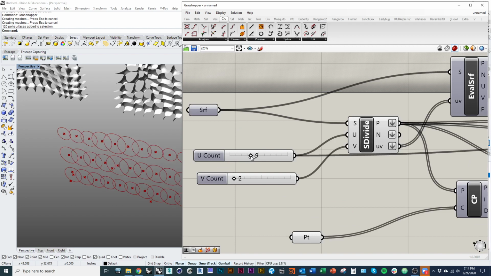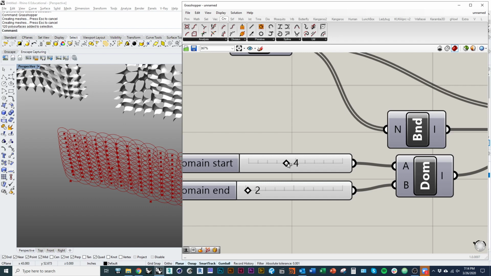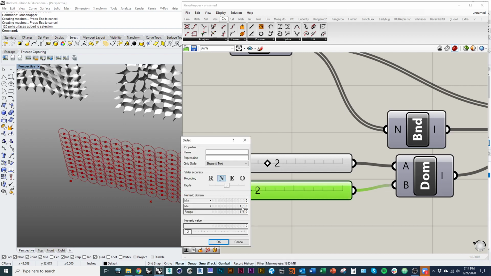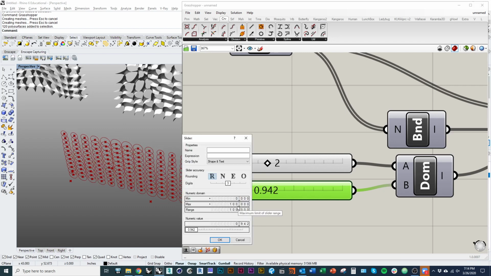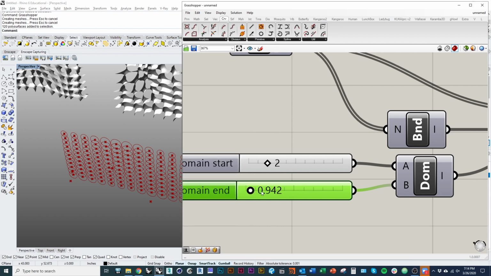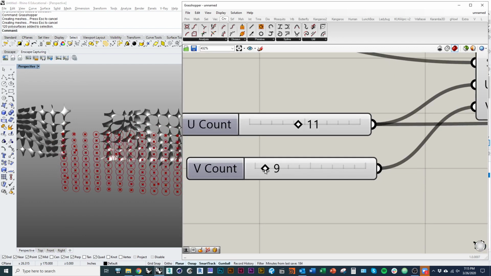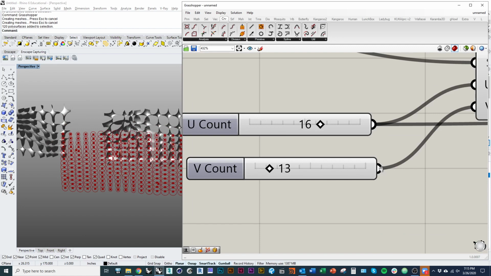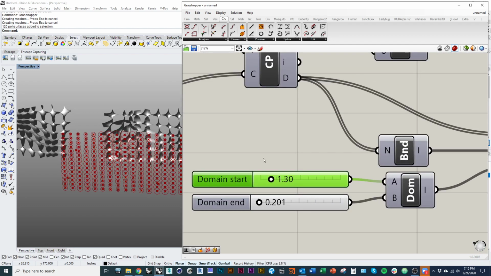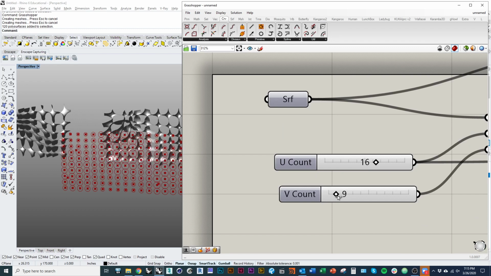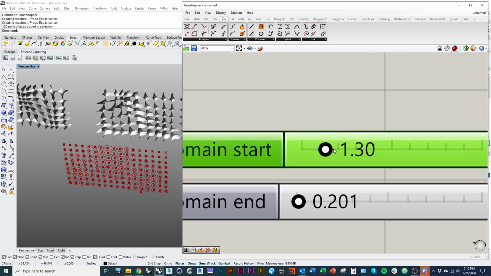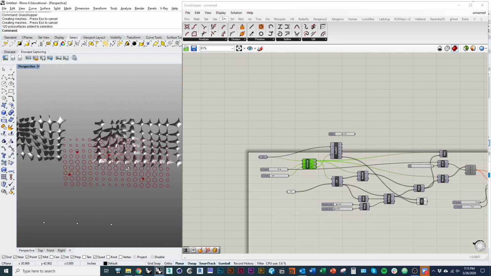But now I could go back and divide my surface more. And you can see, obviously, it's not going to change. Actually, we could drive that parametrically, but I'm not going to do that for now. We also want to have it subdivided evenly. There we go. And then if I unpreview those points once again,